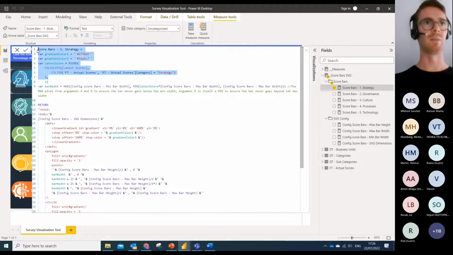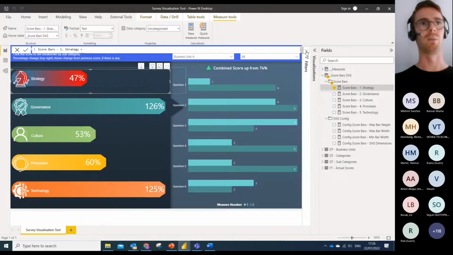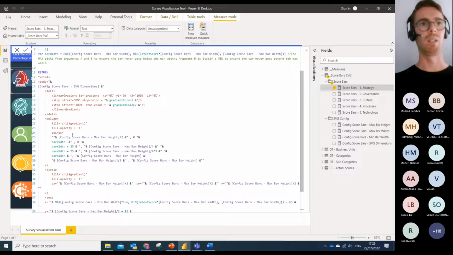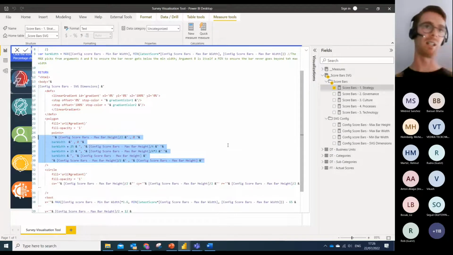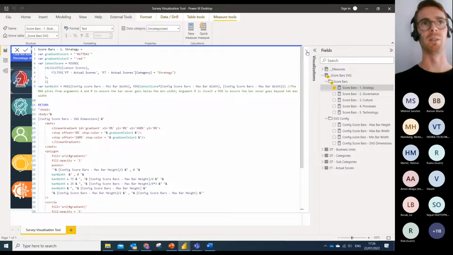So here at the very top, I am defining a few variables for the colors of the bar. So for example, if I change that to be red instead, and I recalculate this measure, what you're going to see is that I'm starting to change the parameters of that first bar. And then this section right here is really the heart of the whole bar, because each bar has 6 points and its coordinates basically. So if I change one coordinate right there, you'll see what I mean. So I'm changing the pixels there, and you will see the results